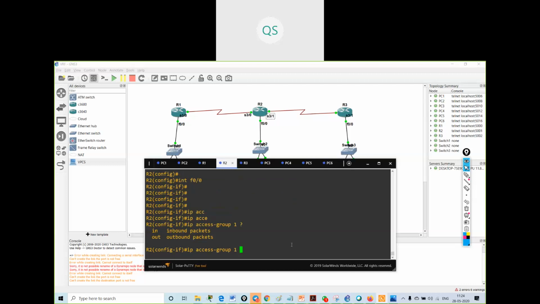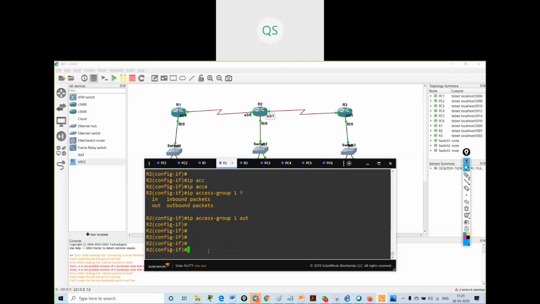Then what will be the direction? In or out? Out. The direction will be out because the traffic is moving out from the interface. It is not coming inside to the router.